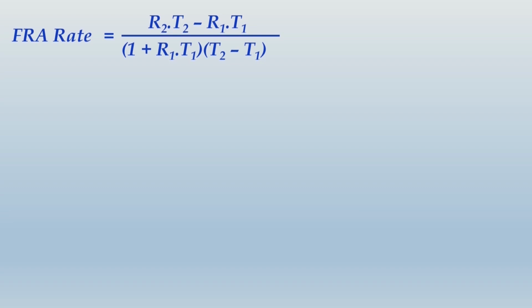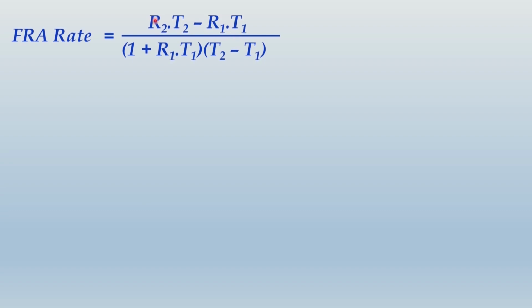So now obviously you might wonder what all these variables are for. So let me explain each of these variables. R2 and T2: 2 here represents the longer time. Longer time was 12 months, correct? So R2 is the rate of interest applicable for borrowing of 12 months, and T2 is the longer period of time, that is 12 months. R1 is the rate of interest applicable for a 6-month borrowing, and T1 is the shorter period of borrowing, that